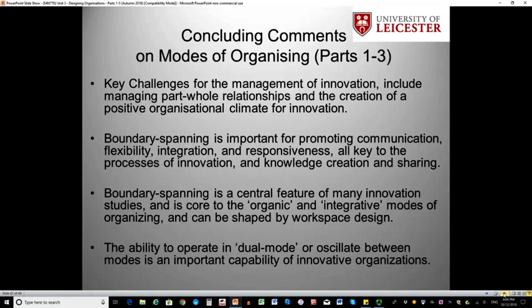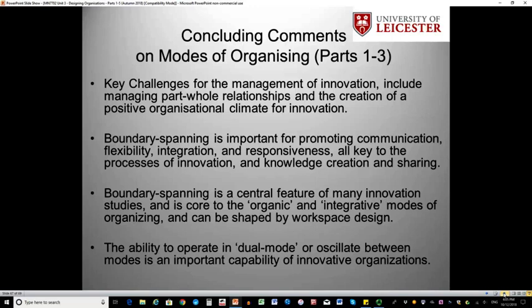I talked about the importance of boundary spanning, important for allowing organizations to be flexible and responsive, and also really important for innovation and creativity. I also talked about boundary spanning being absolutely central to the organic and integrative modes of organising. I said that there wasn't one best way of organising. In fact, the organic and integrative modes are linked to innovation,